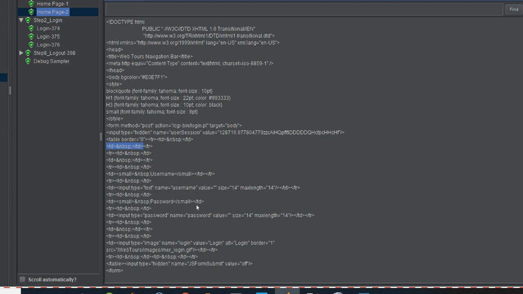You will be able to find that TD is nothing but table data, and TR is nothing but table row. So this is again a row, and in this row we have two table data, and this is another row which again has table data. In a similar way this HTML has been formed. There might be a scenario where you are fetching data from a table, so we are picking up the same scenario over here to understand this.